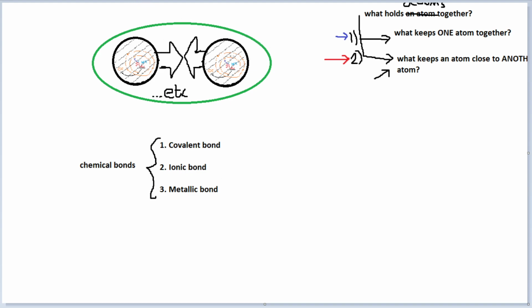Now, what we call this green thing: this black thing was called an atom. What do we call this green thing? It depends. It depends on which type of bond we have. Okay, if we have a covalent bond, then we call this green thing a molecule. If we have an ionic bond, then we call this green thing a formula unit. Okay, that's extremely confusing language.